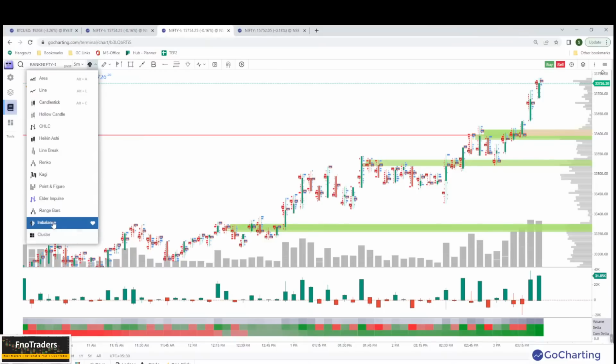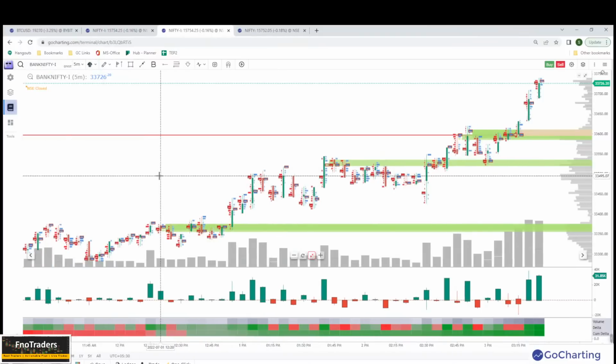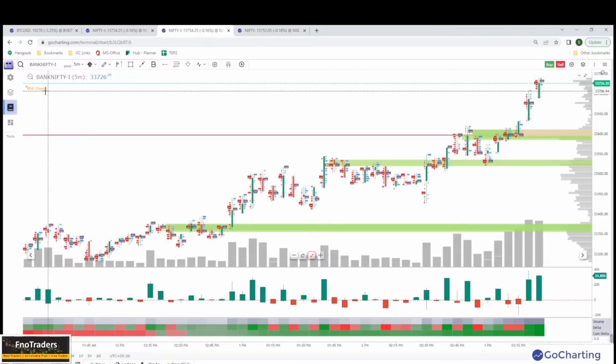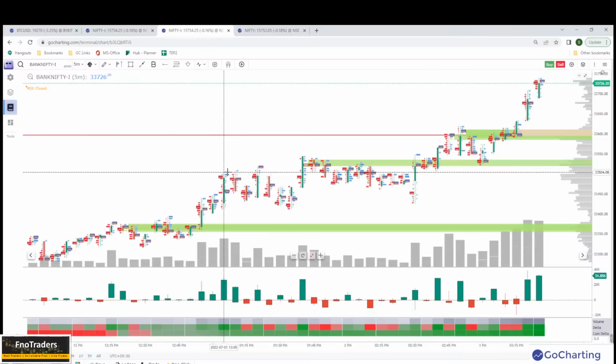You can do in between an imbalance and a cluster chart. What are the other indicators? Okay. This is an imbalance chart that we have. And then what do we do is